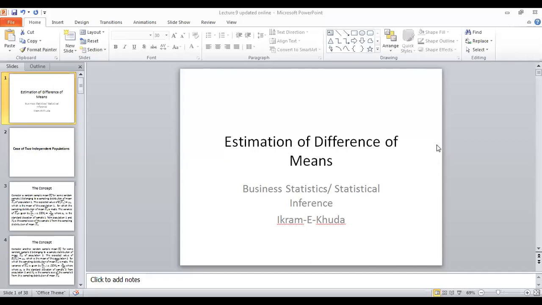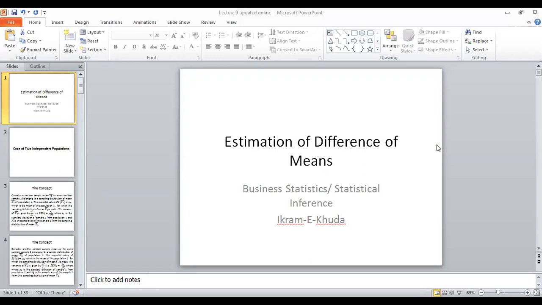Welcome students. In this lecture we will be discussing interval estimation when it is concerned with the difference of the means. Previously we discussed the interval estimation of a single population mean using a single sample and its sample statistics, which were the mean value of the sample and the standard deviation of the sample or the standard deviation of the population. Here, we will discuss the special case when we are comparing more than one population. Rather, particularly, we are comparing two populations.